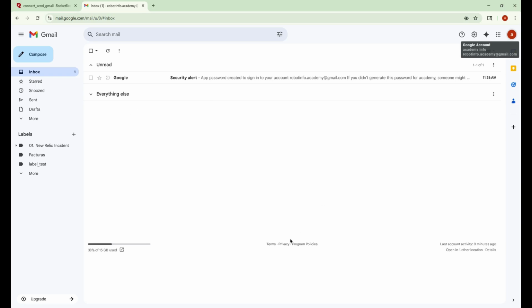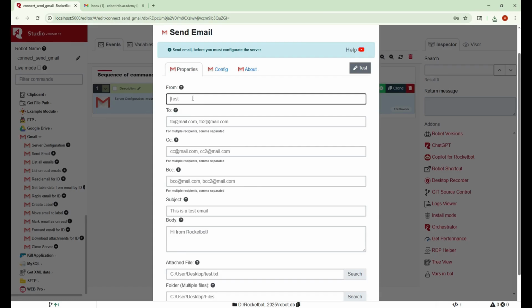Alright. This is useful. For example, if I use the same account for several robots and each robot does different things. So, instead of all the emails coming from the same account and me not knowing what they're about, I can organize them with this identifier and name it Robot X, or whatever the name means, or what it does. That way, it's easier for me to go into the inbox later, see all the emails, and each one already has its identifier, so I know which robot it belongs to. It's purely a matter of organization. It doesn't affect anything whether you use it or not, but I like to use it, so here we're going to put